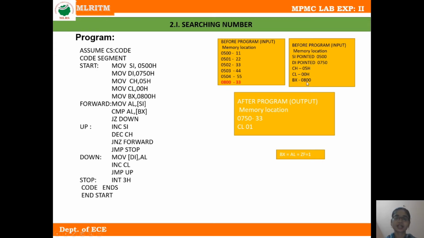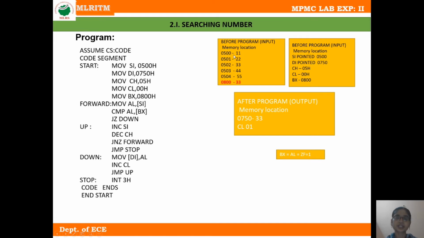And I am using another memory location, 800, to store our given number. For this purpose, I am using memory locations 500 to 504 to store my string.